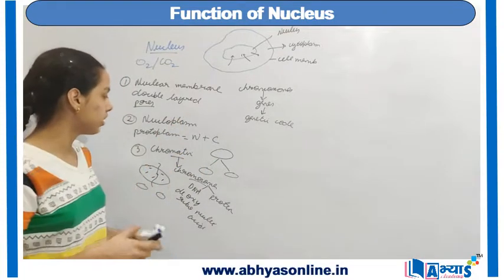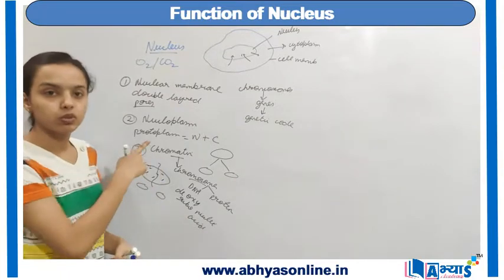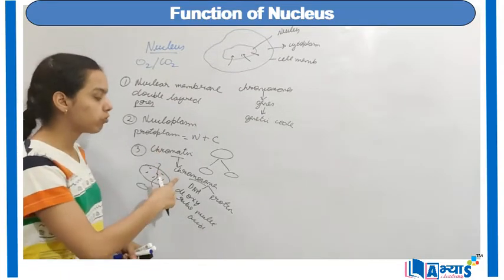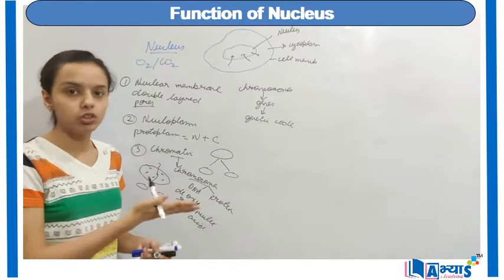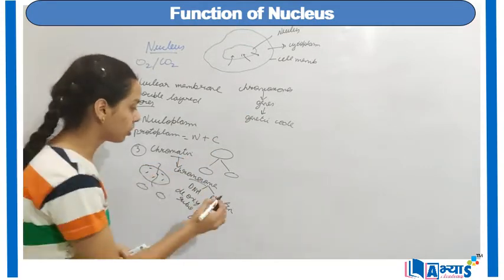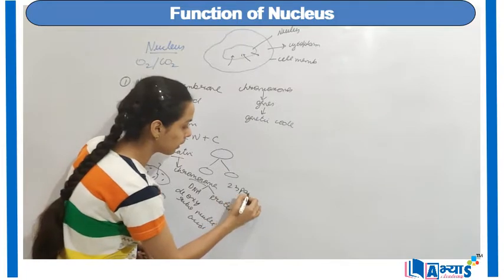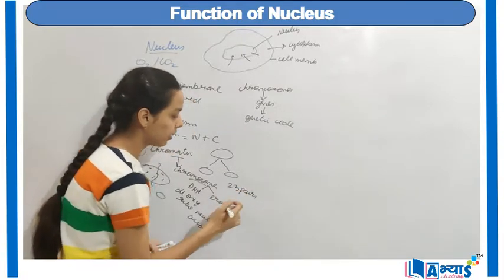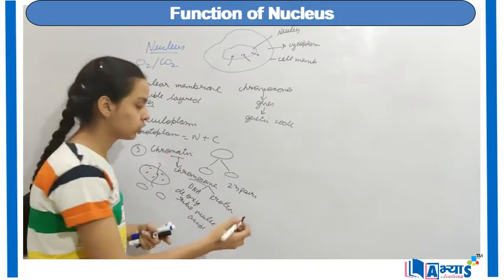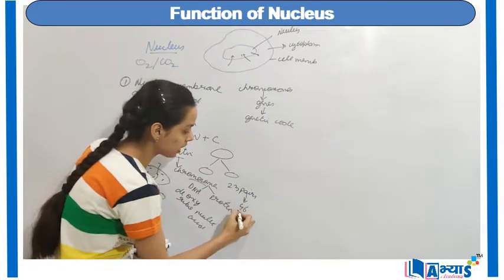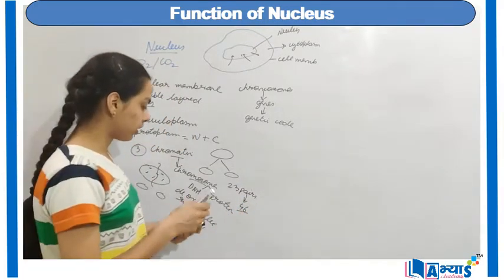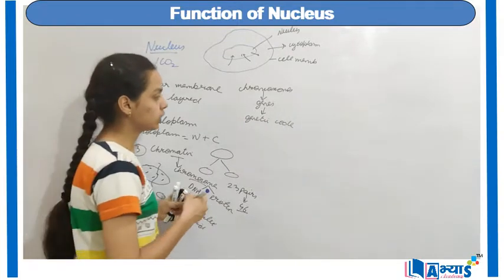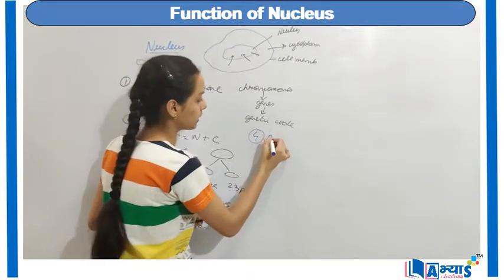Now this was the third part of the nucleus, known as the chromatin, which will form the chromosomes, and then it will form the genes with the help of transfer of characters. We have a total of 23 pairs of chromosomes. As we mean by pair, individually we have 46 chromosomes found in a human body. The fourth important structure of the nucleus is known as the nucleolus.